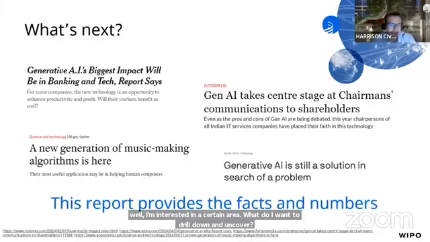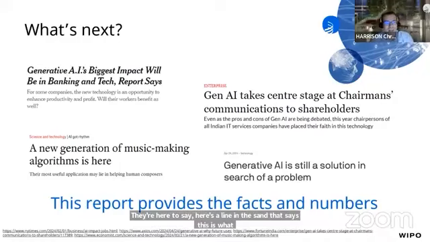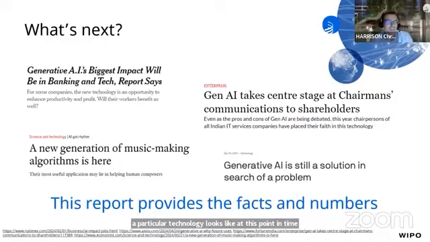And ultimately, reports like this that we produce at WIPO are here to present the numbers and the facts. They're here to say, here's a line in the sand that says this is what a particular technology looks like at this point in time and in its development. And this can be used as a useful evidence base to support further decision making that might take place at different levels.